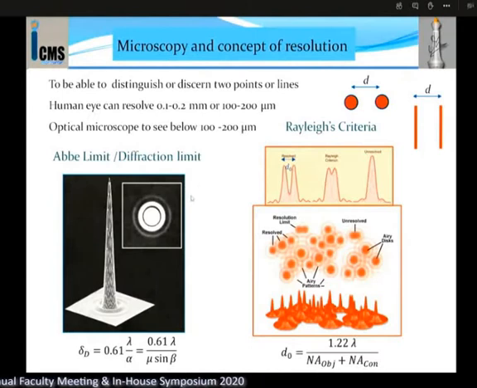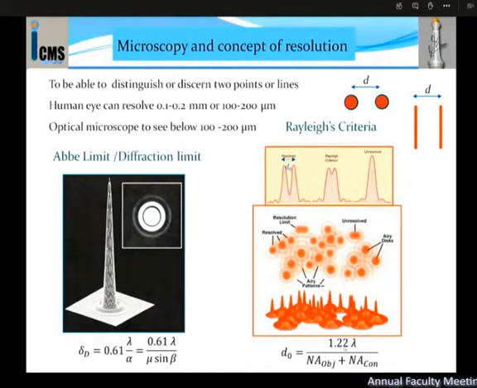You image the point as a disk because you are diffraction limited, and this disk is known as the Airy pattern. The expression for the Airy disk radius is given by 0.61 lambda over mu sine beta, where lambda is the wavelength of the illumination and mu sine beta is the numerical aperture. The resolution criterion is defined by a distance d0. So it's not a very strict criterion. It's typically defined by the distance between two such Airy patterns where the minimum of the first pattern falls right below the maximum of the second pattern. And the d0 for an optical microscope is given by this particular equation.